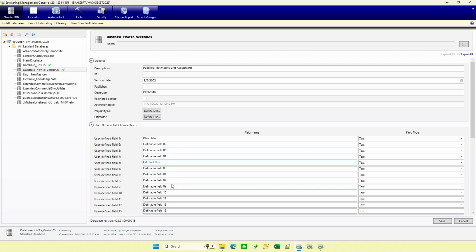So there again, if I was doing a report saying, okay, show me all the estimates that are going to be starting in the next 6 months or something of that nature for actually doing the project, if it's not a date field, it's difficult to compare with a calendar and some of those types of games. So now I can come in here and say, okay, well, I really want this to be not text, but I want this to be more of a date prompt. And maybe I want this to be more of a date prompt.